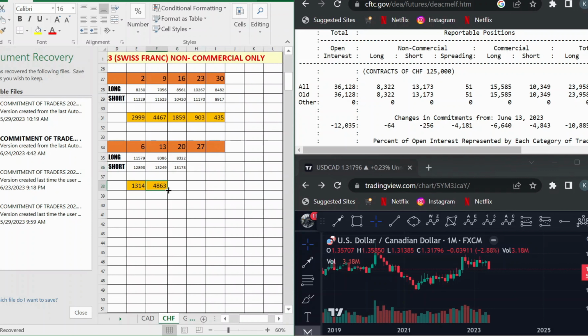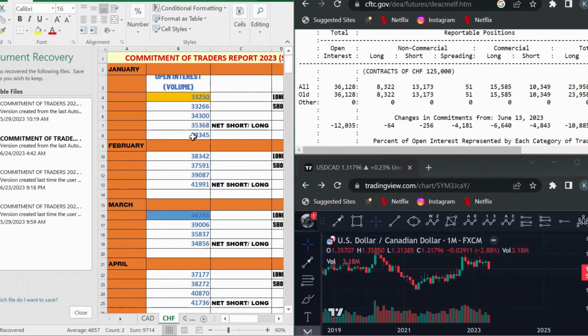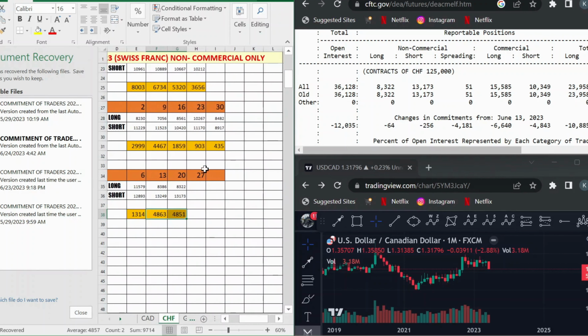So even for the CHF, you can see the volume is relatively low. So no much change in the open interest, and also the number of shorts. The non-commercial traders are still short on the CHF. So when you look at the CHF pairs, when you look at the USD CHF,